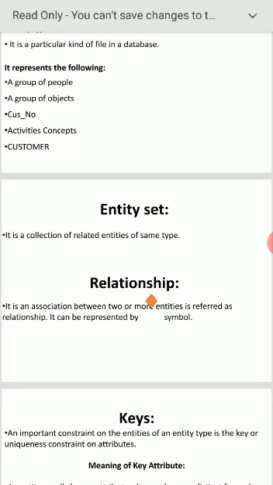If you collect together similar entities, then it is called an entity set. Relationship. It is an association among several entities. That is relationship. It can be represented by a symbol. An oval, inside the oval another oval, then you write whatever.